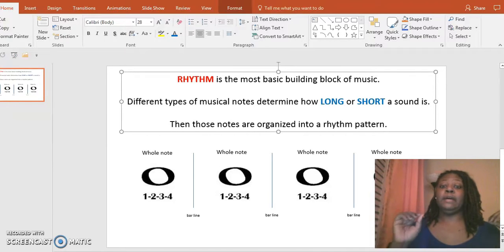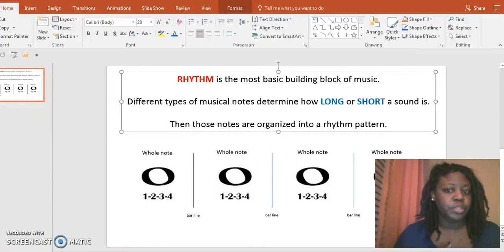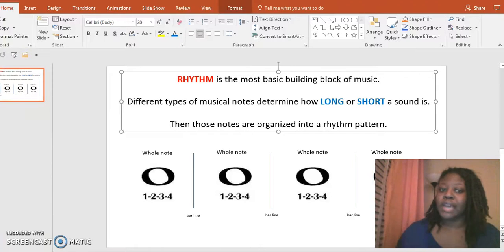Okay, so here's what you need to know. You need to know that these are called whole notes. You need to know what they look like, just a circle. You need to know how to write out the counts: 1 dash 2 dash 3 dash 4. You need to know that a whole note signifies a single sound that is held out for 4 beats. And one last thing you need to know is that